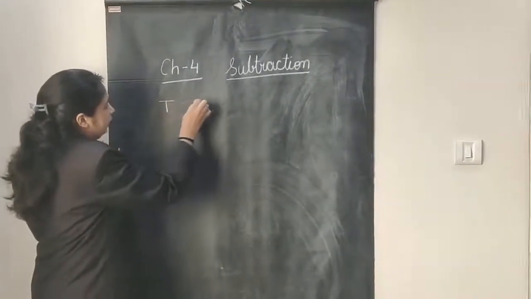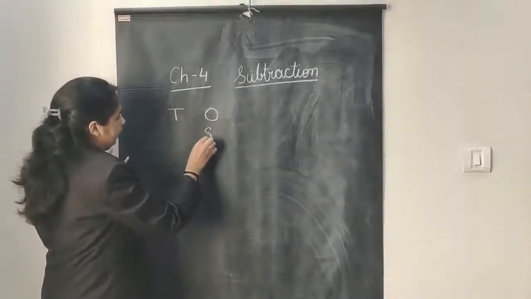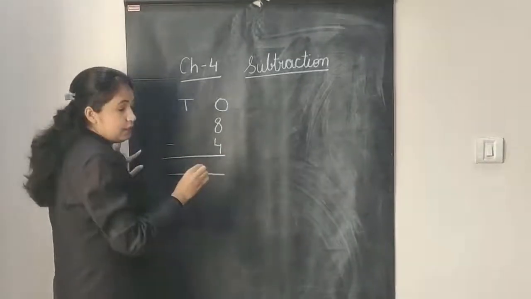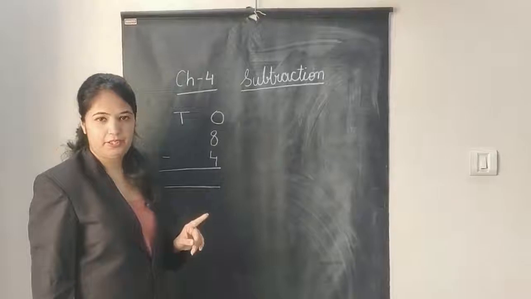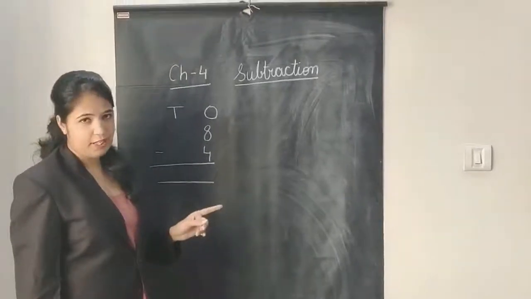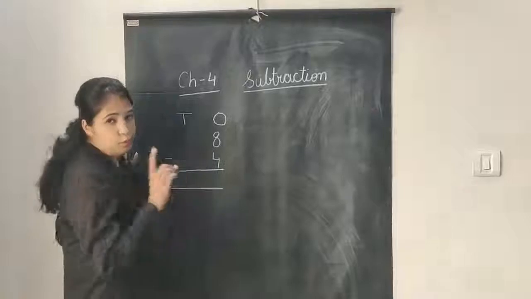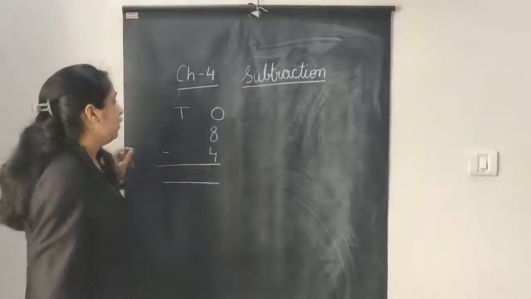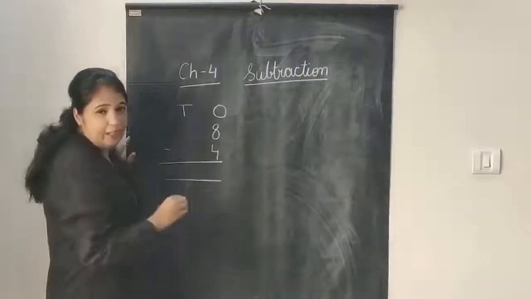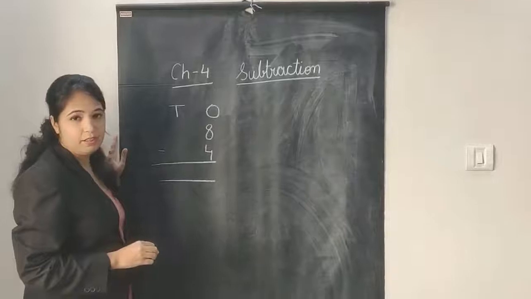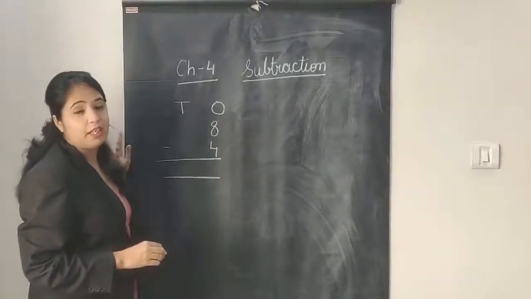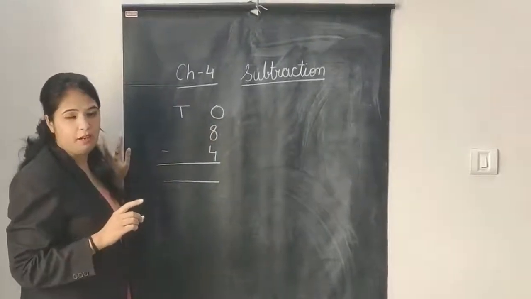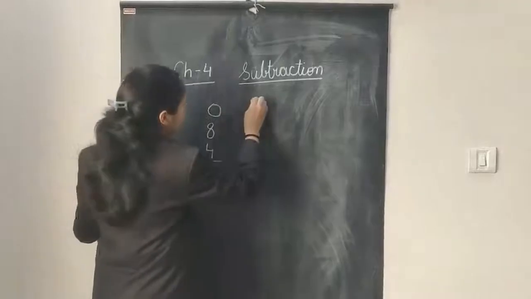So first of all, tens and ones. 8 minus 4. This is the concept of single digit subtraction that you have done in the first standard, right? This is subtraction of a single digit number from a single digit. But can we compare the numbers? Which one is bigger? For taking out the difference, the upper number, the number which is at the first, is big, right? Now this is the concept of single digit.